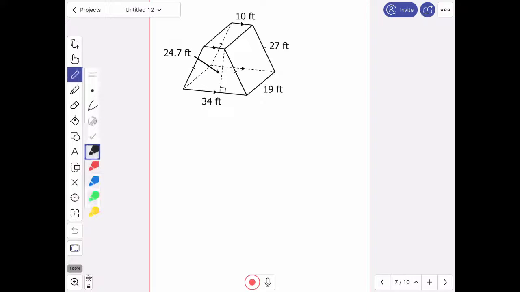Two more, guys. So this is number 12. This is a trapezoidal prism. So when I find the surface area, I am going to use the surface area formula of height times the perimeter plus 2 times the base area. So this is a lot like the